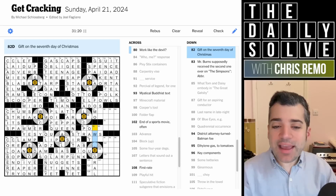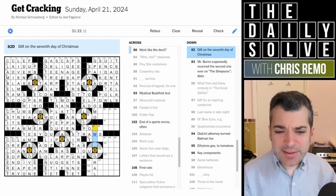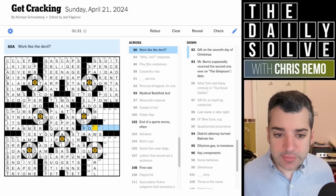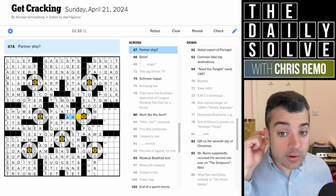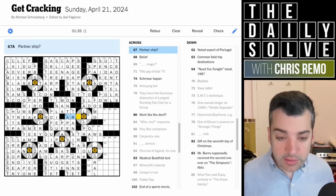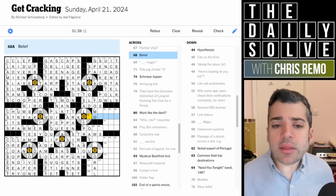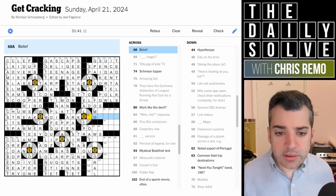Every time I see this, I think owls, which obviously isn't right. And we already have owls elsewhere in the grid anyway, through elf owls. I think I'd be able to remember this. Work like the devil. Okay, this is the bit I gave up on earlier. Partnership, ark, Noah's Ark, which had partnered animal pairs in the biblical story. And then belief could be conviction, or